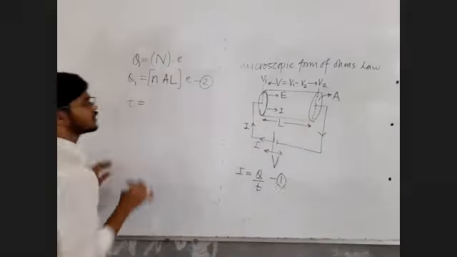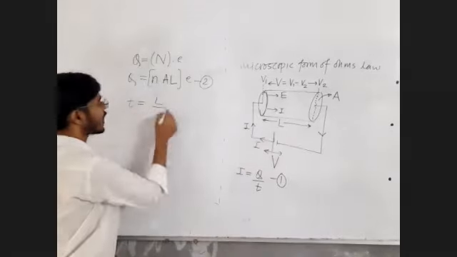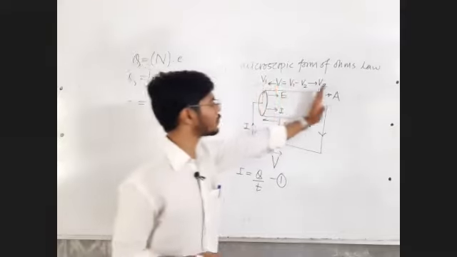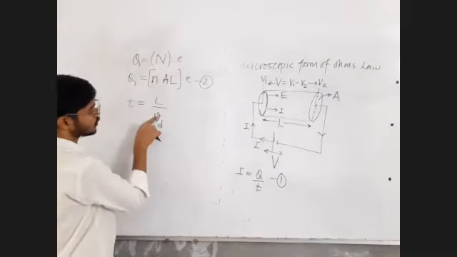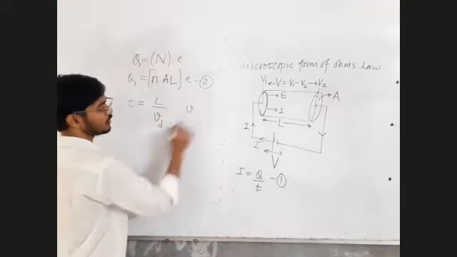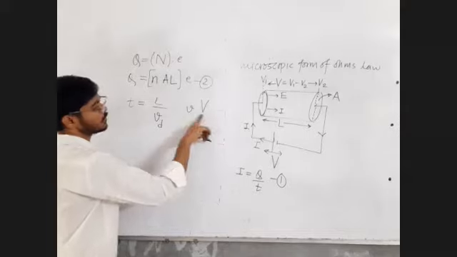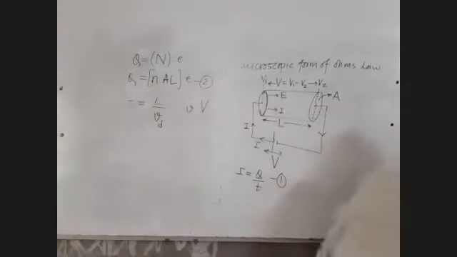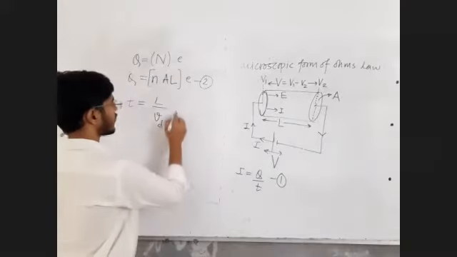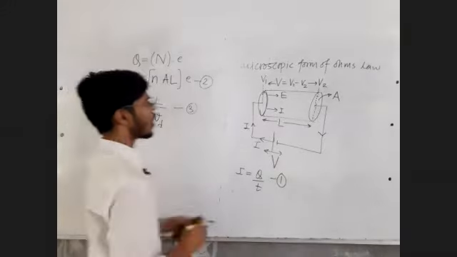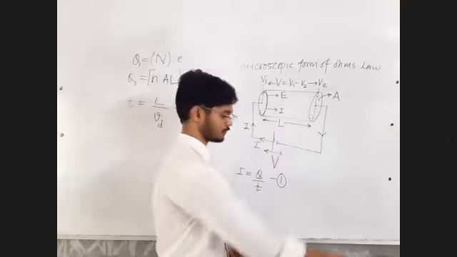Time is equal to distance upon speed. Distance is equal to L, and the speed of the group of electrons is called the drift velocity, Vd. And see how I write small v, so that I never get confused between small v and capital V. So I just did distance upon speed so that I can calculate the time required by all these electrons to cross this cross section.